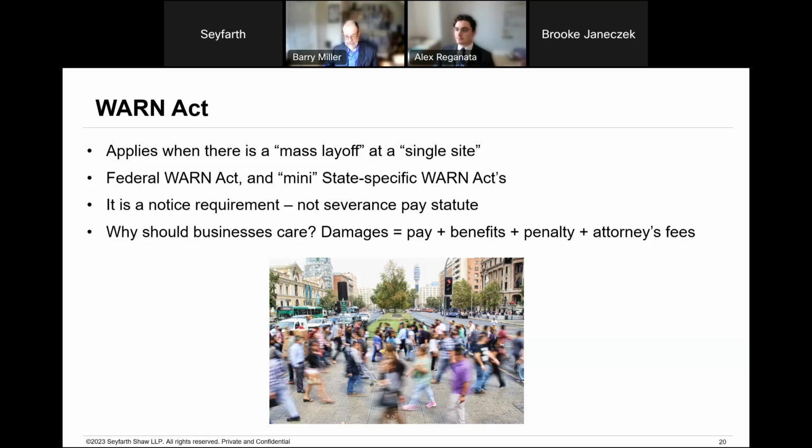And then there are a couple of triggers that are implied or stated. First is a plant closing. So anytime you close a plant that had at least 100 people in it and more than 50 of them lose their job, you have a WARN event. In the reduction in force context, a WARN qualifying event is a reduction in force of at least 500 employees or at least 50 employees that constitute 1/3 of the employer's total workforce at a given location.